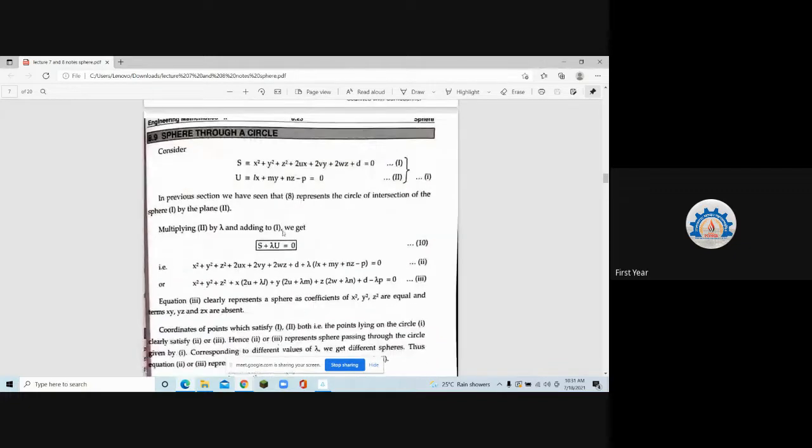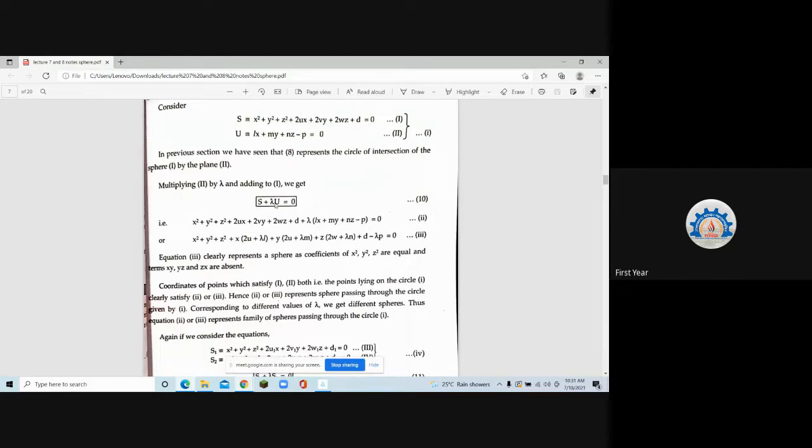So what is that? The way we find it is this. Any two surfaces which are given, if you want to find the locus of the surface generated by that intersection, we have done this in high school for lines. So now we are going to do this for a sphere and a plane. So how do we do it? S plus lambda U is equal to 0. S was your first surface, U was your second surface. Then the locus of the points joining the intersection of these two is given by S plus lambda U equal to 0. Correct, na? Do you remember? Yes, ma'am.